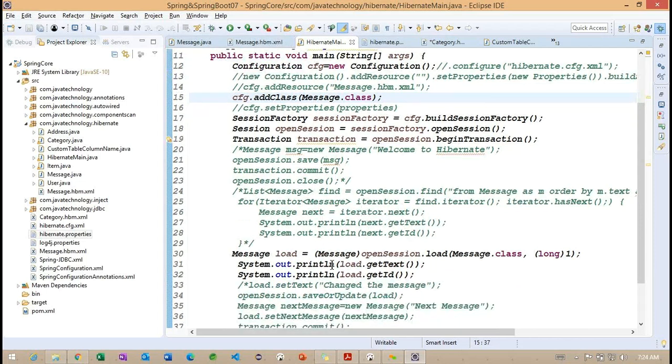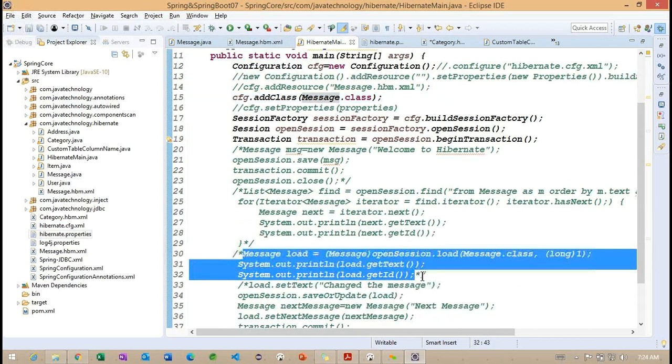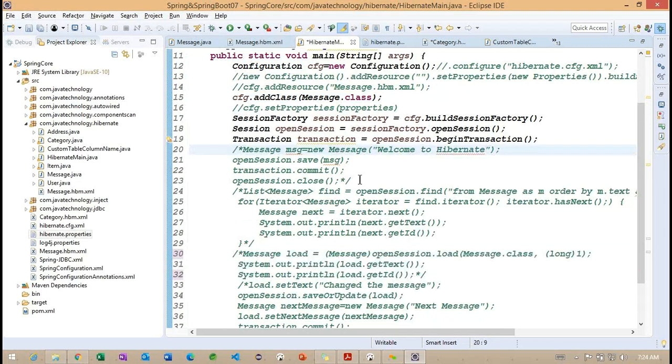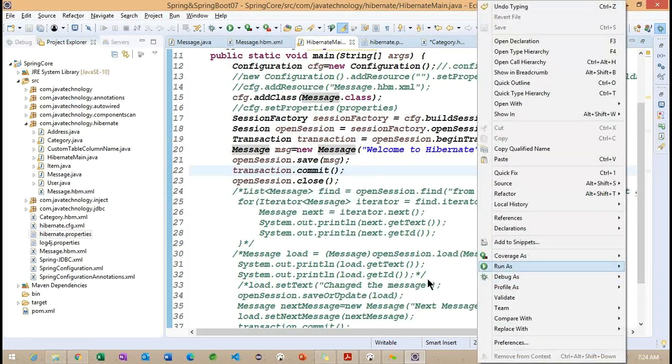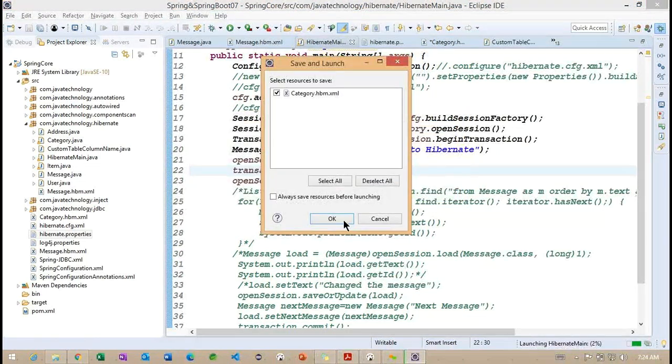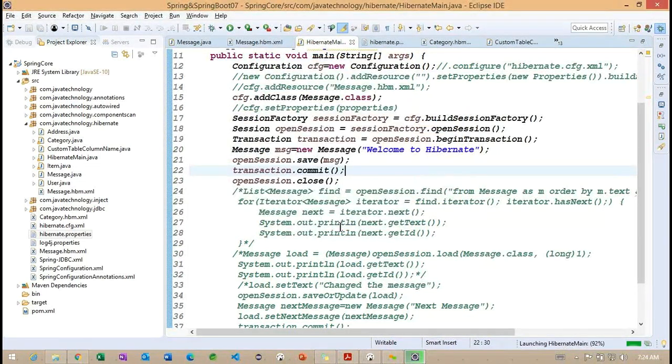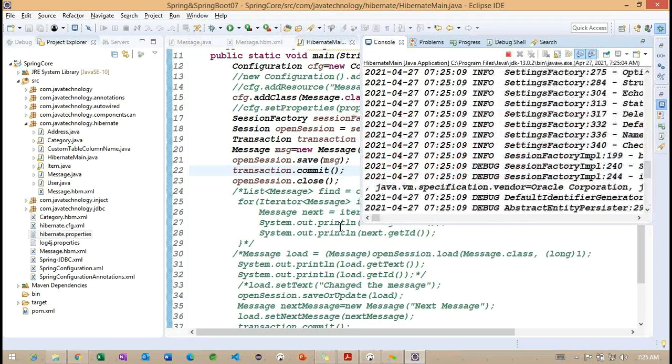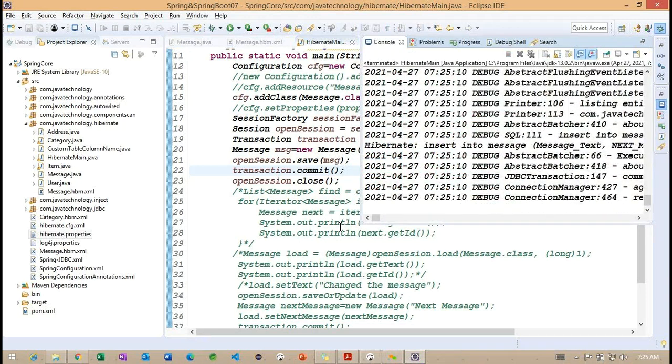Let me make this particular section a comment. Again, I'm trying to run the same message information. We need to understand how this particular table is going to be created, because we implemented the particular naming convention here.